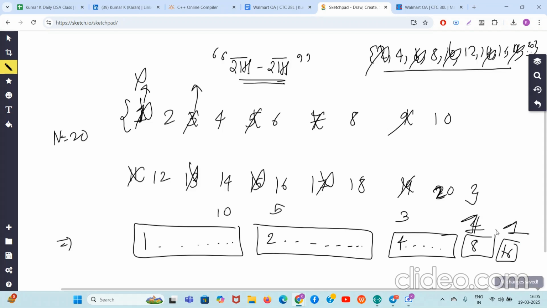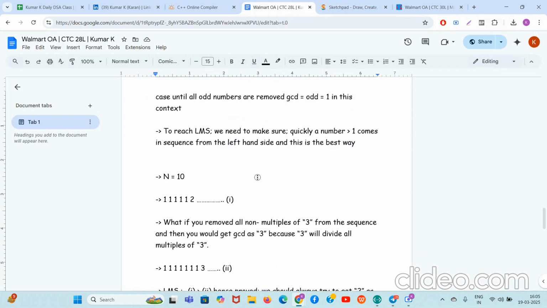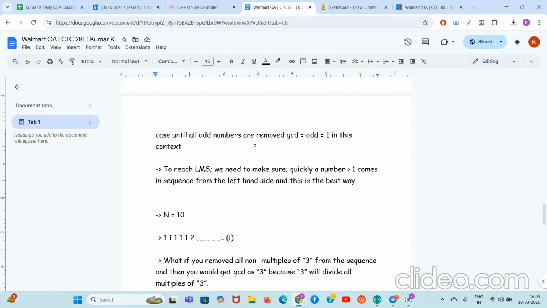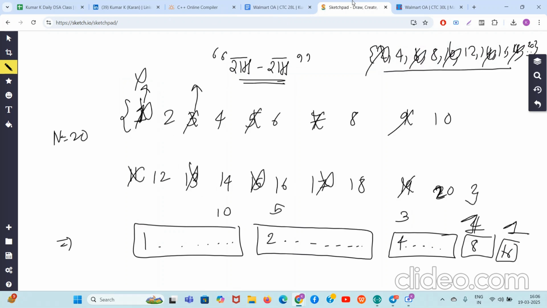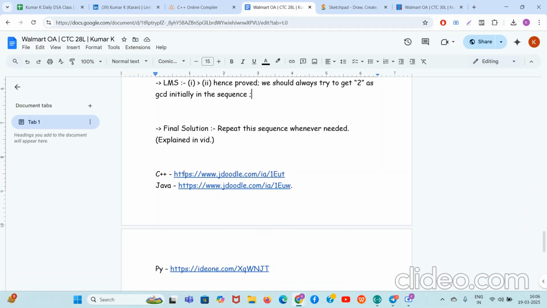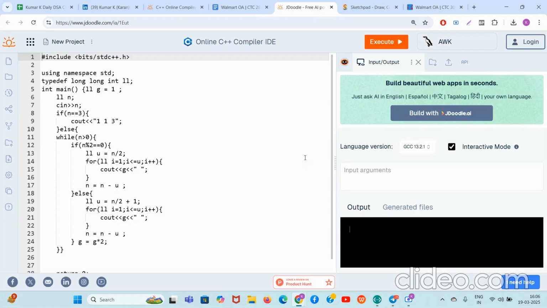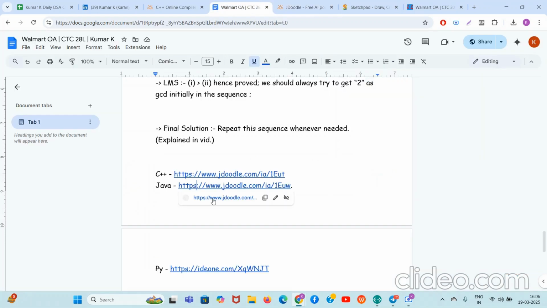So you can check the implementations also, and I will say that even if you understood the solution, please spend some time understanding how things are working, how the GCD is coming, and why this is the best way. Whatever logic we applied in getting 1 to 2, the same greedy logic can be applied to why you should try to get a 4 immediately after 2. So the logic just overflows, and you can check the C++ and Python codes here. You will really find them very, very interesting. You can check the C++ implementation; Java and Python implementations are all there.